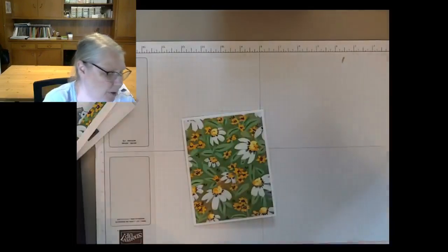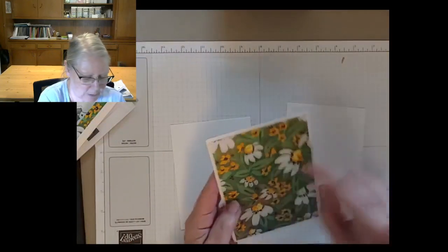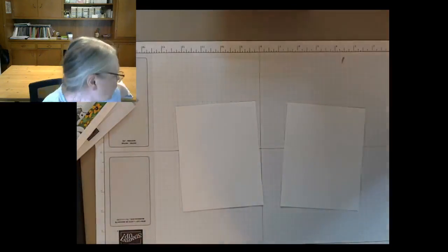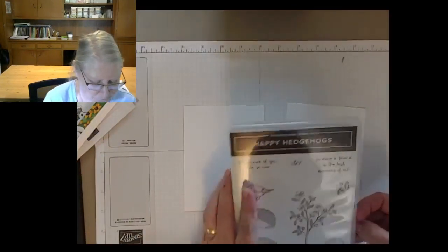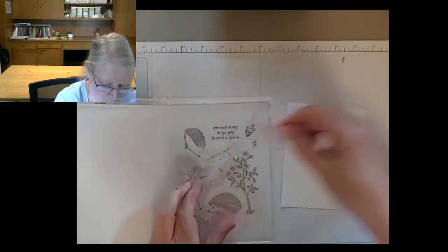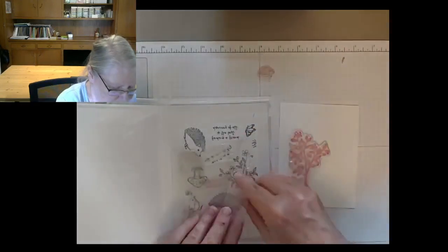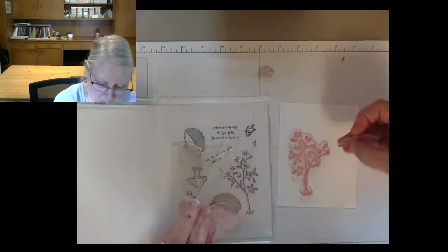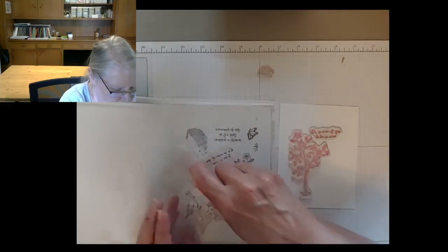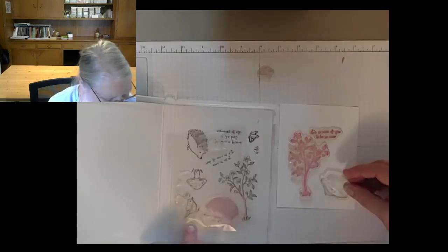Now for the stamping part, I've got 2 pieces of cardstock here. We'll cut this out in a moment. I've got 2 pieces of cardstock here, and on one, we're going to put the tree. We're going to stamp the butterfly separately. We're going to put our sentiment on here, and we're going to do a little hedgehog, and I'm going to have to fussy cut my little hedgehog here. Okay,